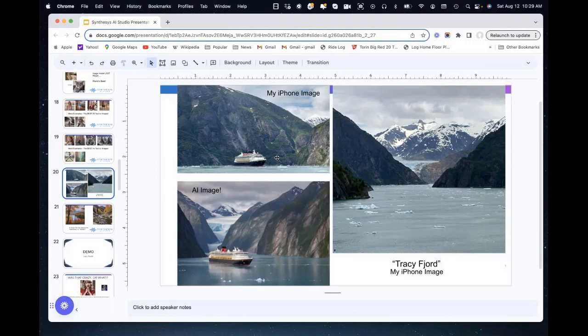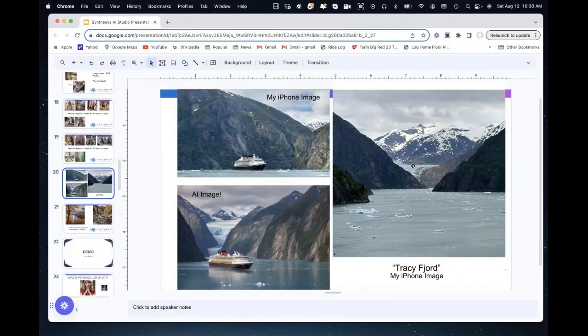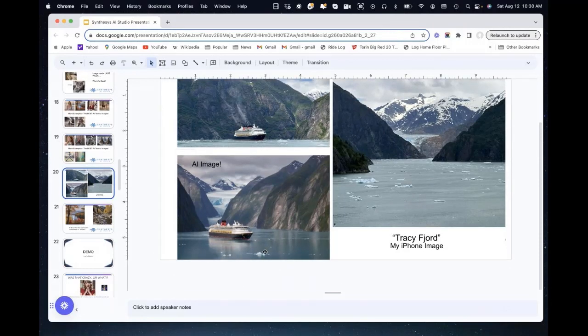And in fact, in the background, it knew to put a glacier in there, which wasn't in my photo, but it really was in my photo, because in another photo I have on the right-hand side, you can see right here, I do have a glacier that was in the background there. It was further away, and I had to get in there with a smaller boat. But it knew about the glacier, the type of foliage, and what the Disney ship looked like in terms of the red on the top, et cetera.